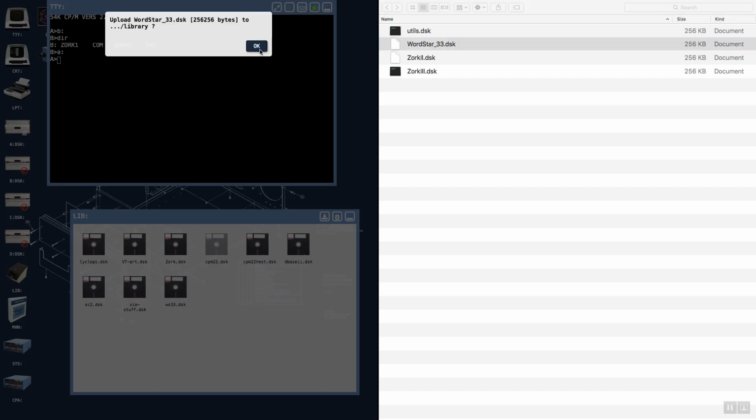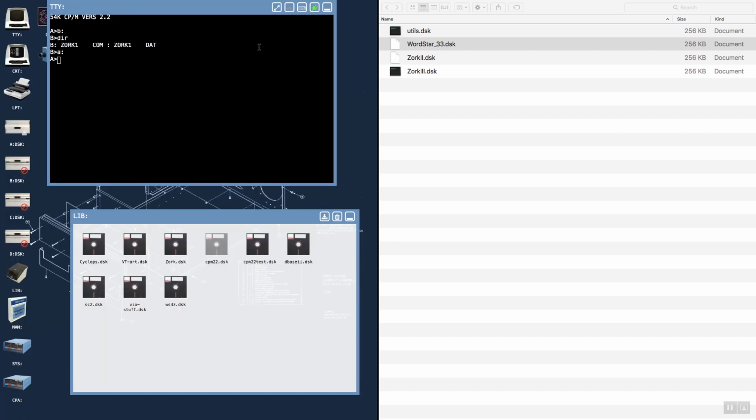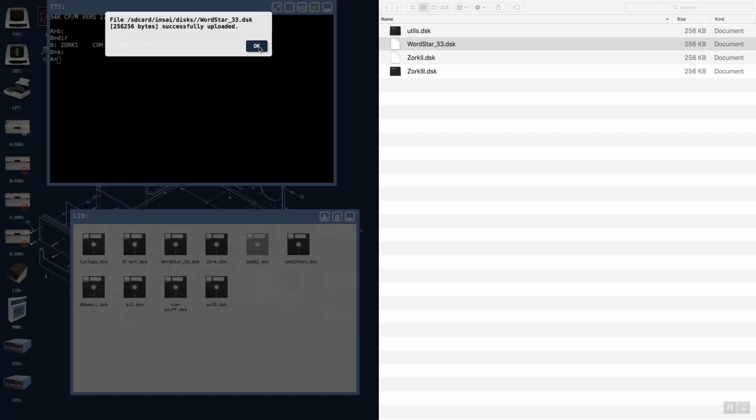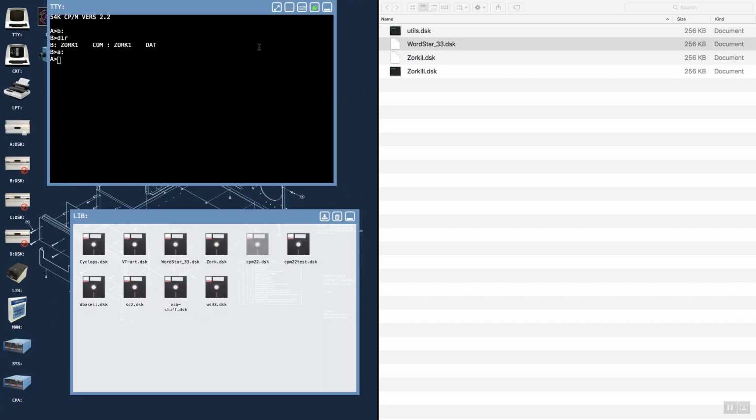And you'll get a confirmation on the desktop UI for uploading the file, and another confirmation when the file upload is complete. So you'll now notice that we've got the WordStar version 3.3 image that we've just renamed. We've got the original one that we previously downloaded. We can mount the new one, test that it's working,